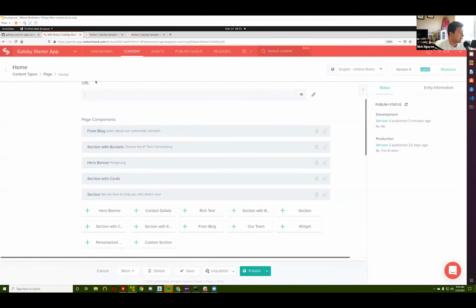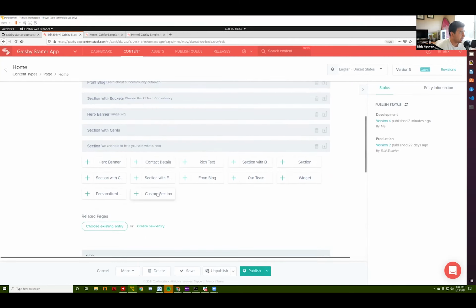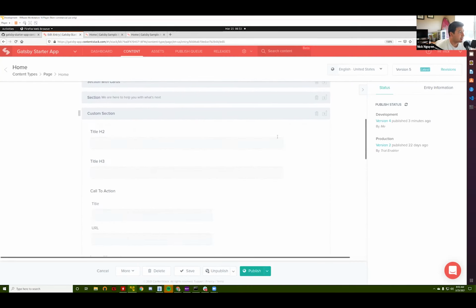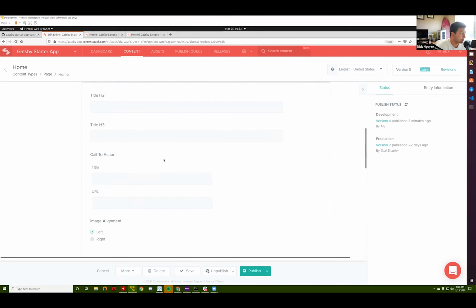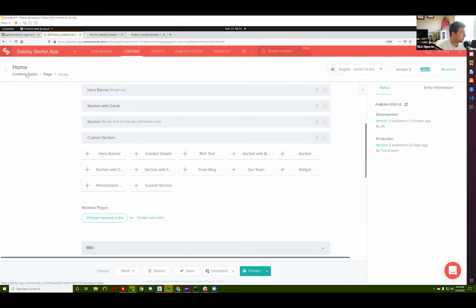So I think we'll move on to one of the last pieces, and that's going to be building out a custom section. So right now, we're not only going to be altering pieces in Contentstack, we're actually going to be coding out a new React component. Just so that we can see how this content is delivered and how it's fetched into a component, not just the Contentstack side of things. And so right now we have, you should all have a custom section block that you can add into your layout. But before we do that, we actually are going to need everyone to,